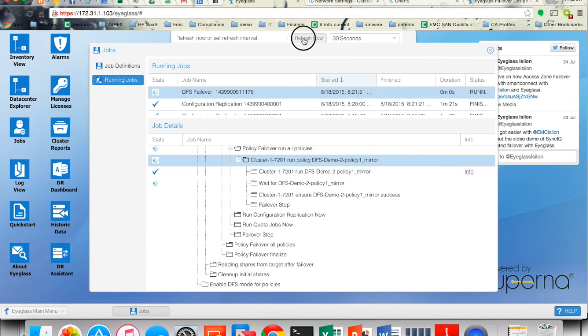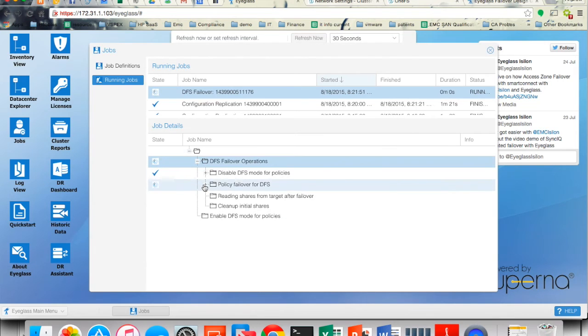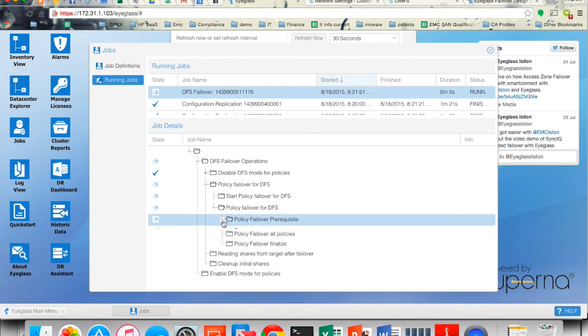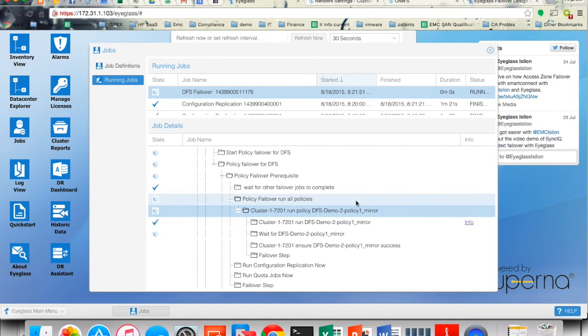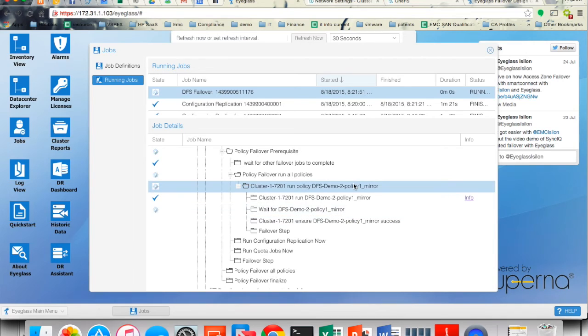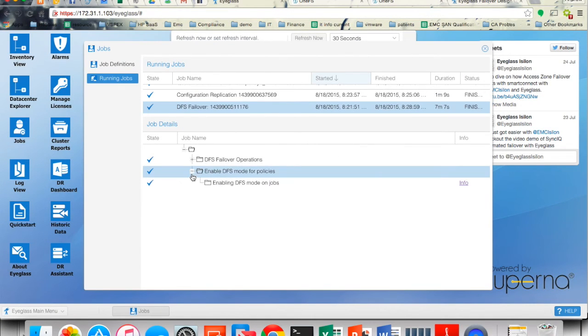and check in on our job. Now, in a controlled failover, we do assume that you want any last minute changes. So that's an important step. You may have a policy that's actively running, or you may want to force it to run so that any changes just before you cut over have been replicated over. That's typically going to be the longest part of the failover process. The change rate of your data dictates how long this is going to take. Okay, so I